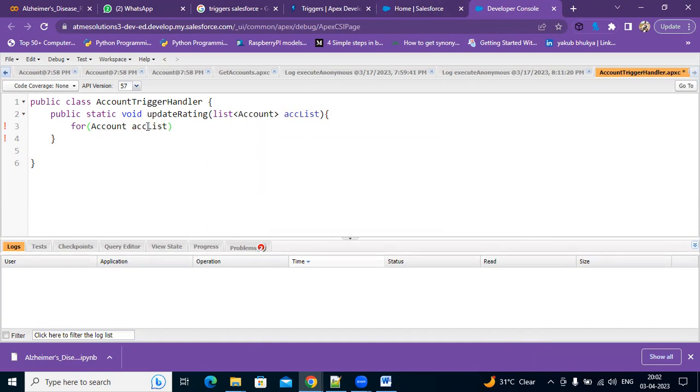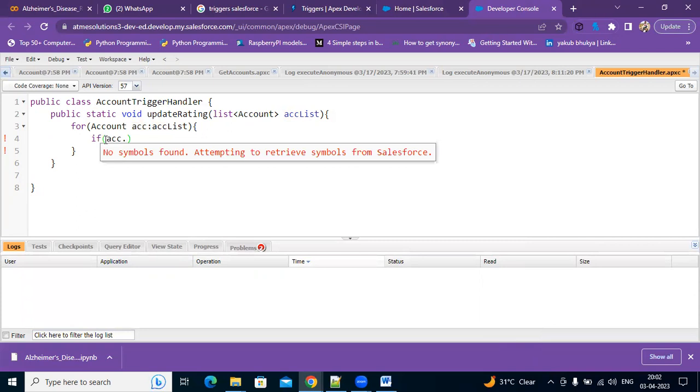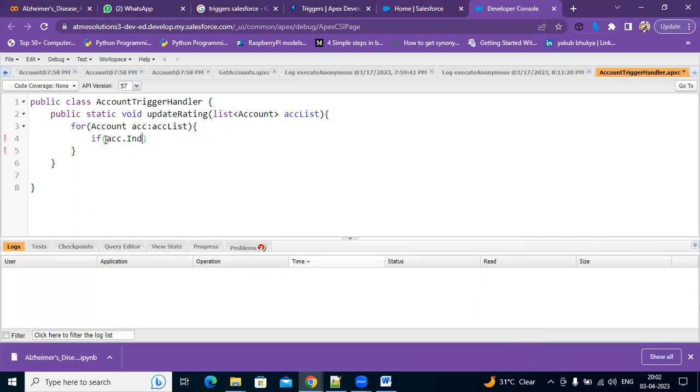Okay, so here we made a mistake. Account ACC, we need to take this value from the ACC list collection. While iterating through each and every value of this, we need to check the condition. Which condition do we need to check? If ACC, meaning a single account, if single account in this dot industry field